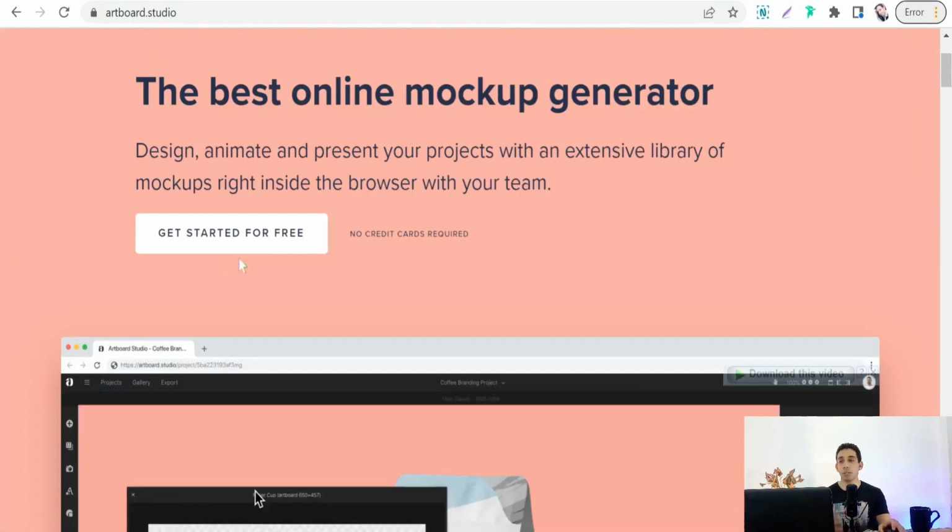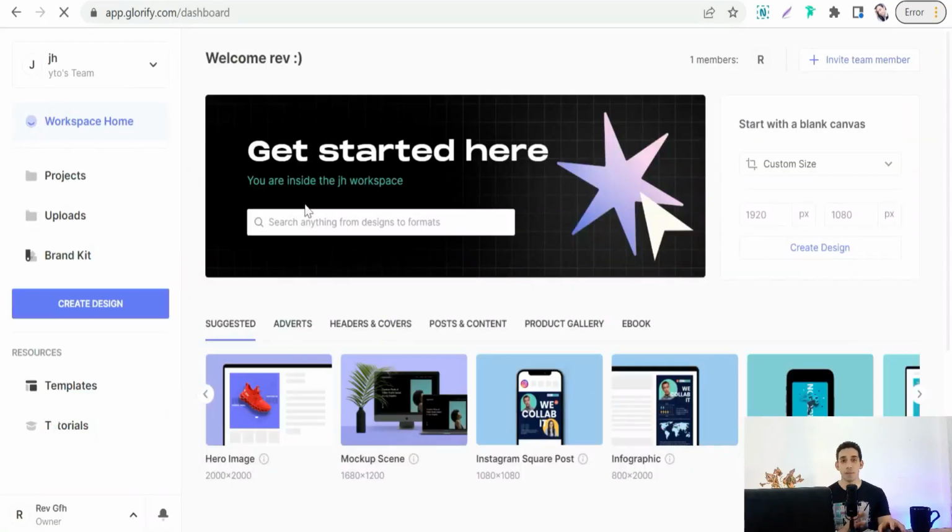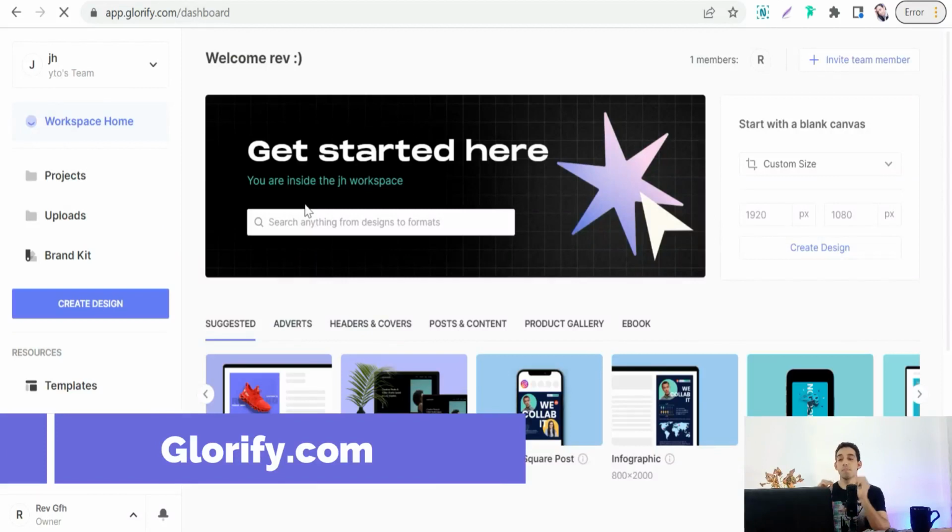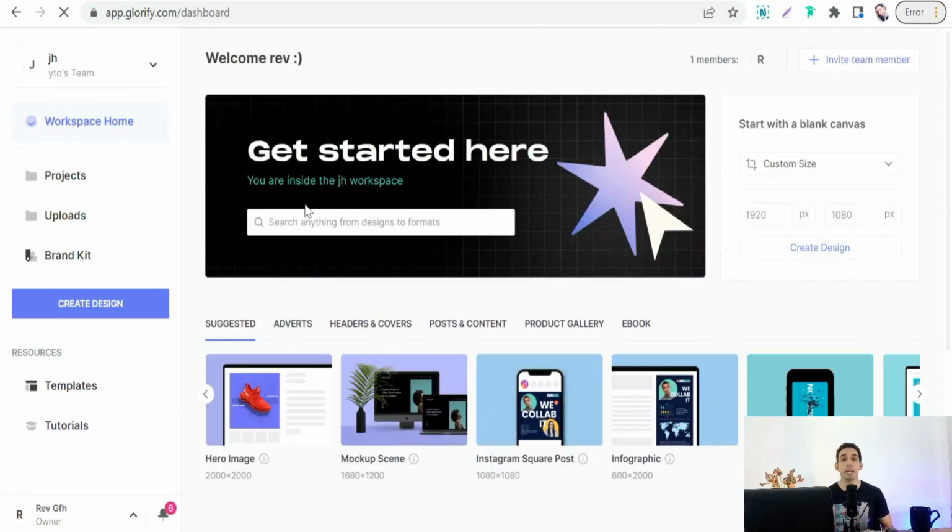Second website for today is glorify.com, and glorify.com is one of the best Canva alternatives where you can create beautiful posts on social media for Instagram, Pinterest, Twitter, and so on. And another thing here on Glorify is you can create beautiful mockup scenes for any product, for any item. So you can go to this template, this amazing mockup scene template, and when you click over that,